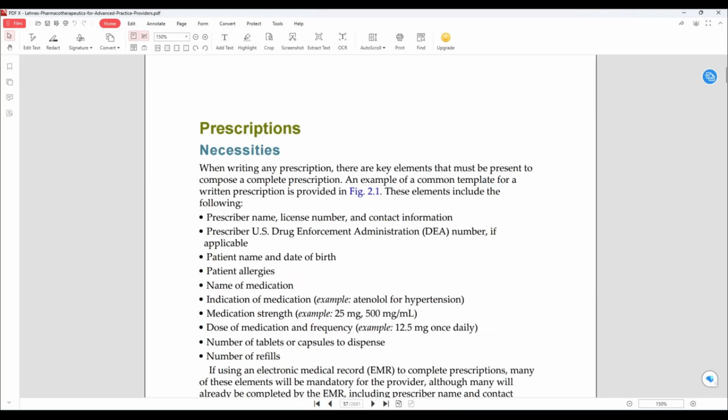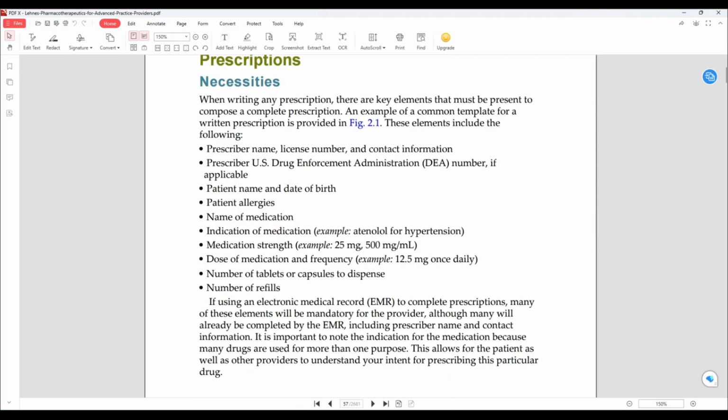So, prescriptions, the necessities. When writing any prescription, there are key elements that must be present to make a complete prescription. An example of a common template for a written prescription is provided in Figure 2.1. These elements include